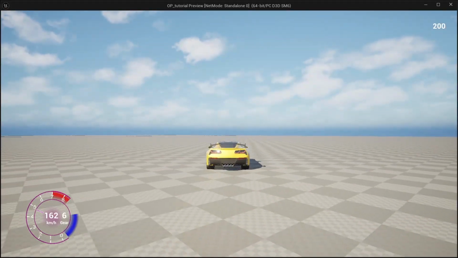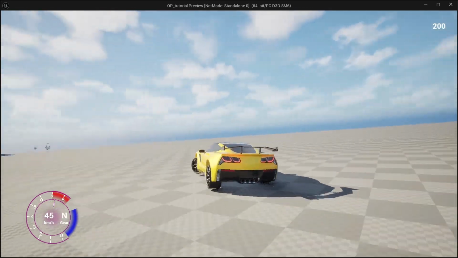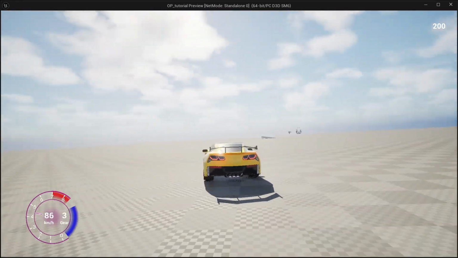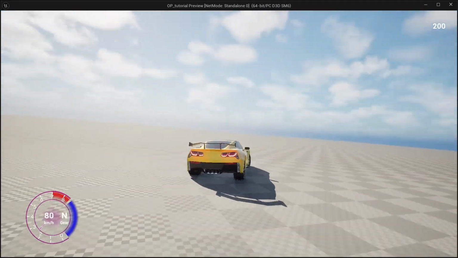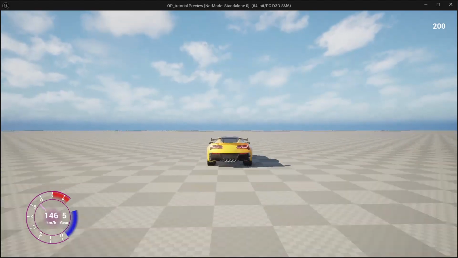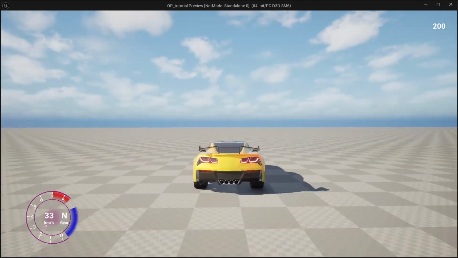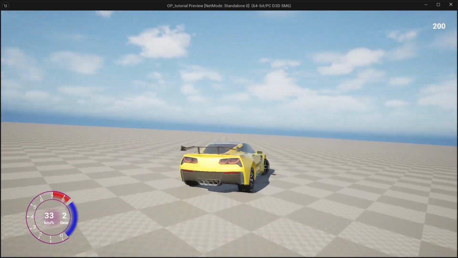So then you can see that the boost does as it's intended. It decreases for as long as you're holding the button, but as soon as you let go, it stops and automatically refills itself. But it seems as though there is a slight problem